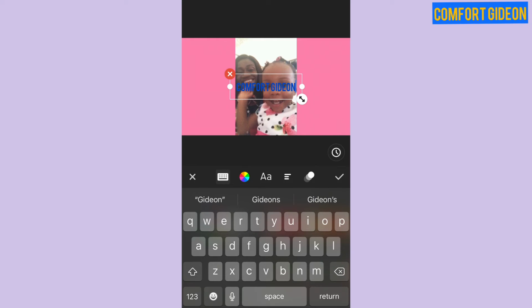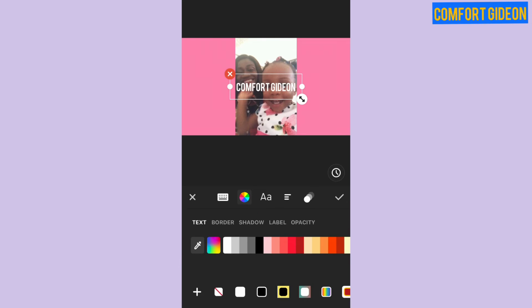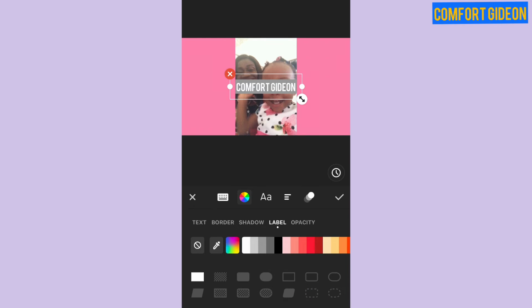And you can add a label to the text so that it can highlight your text, right? You can change the color, so I'll do this, right? And add the label to the background. I think this color works, so I'll basically leave it like this. You can click on that edge to either zoom it in or zoom out. I zoomed in to make the text a bit smaller, so I would like to place my text there, and